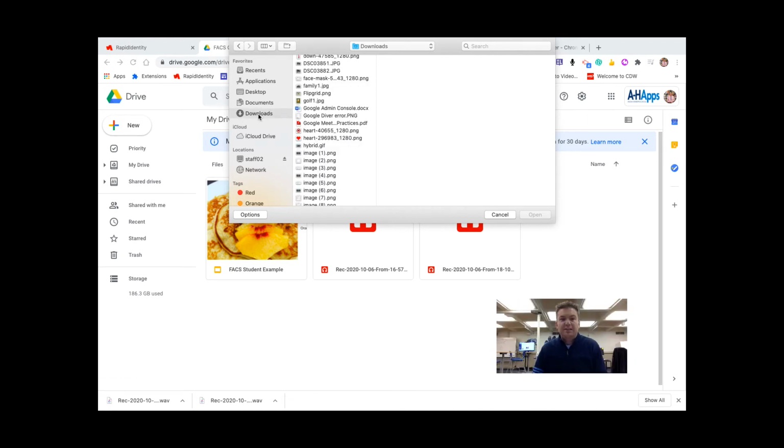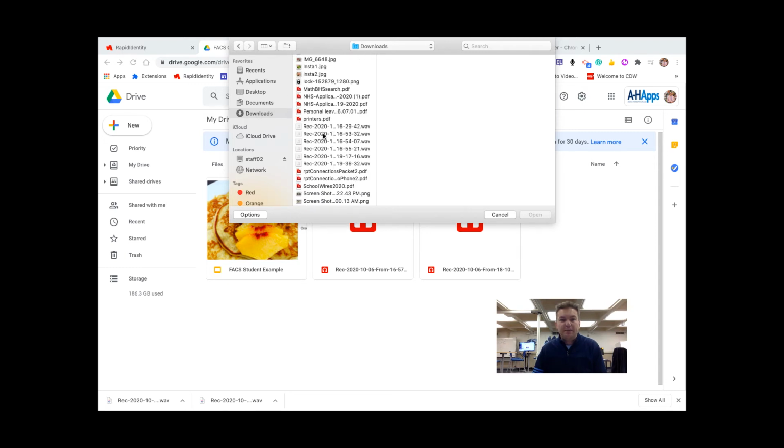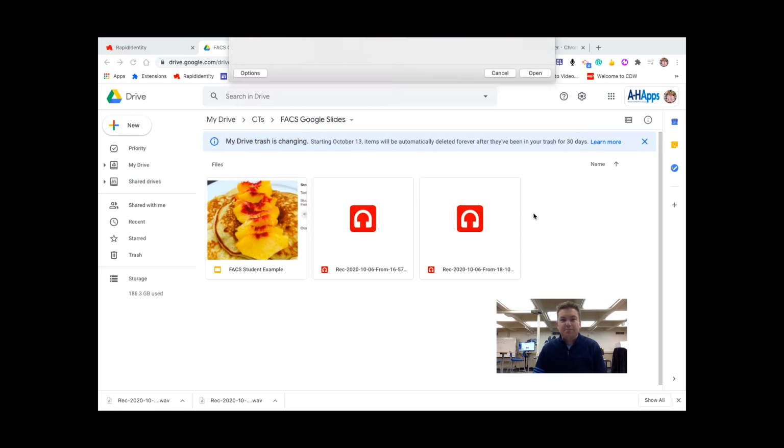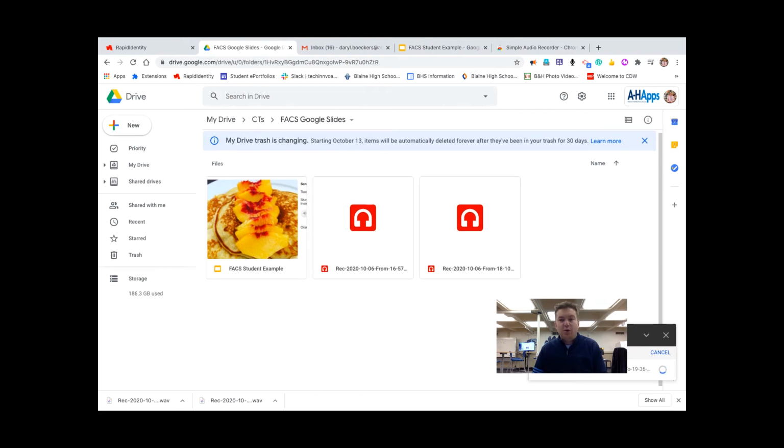So that file is in Downloads. It is called Recording 2020-10, and I want to make sure that I'm grabbing the right one from 2:36, and that's the correct time. I'm going to click Open,